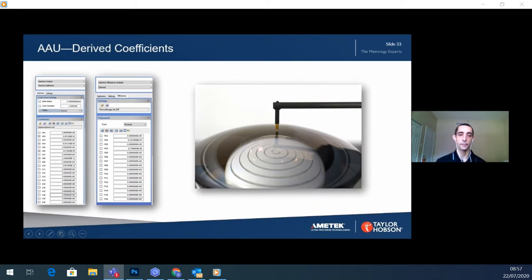And lastly, AEU allows for derived coefficients. As I mentioned earlier, with a PGI system you can always joystick it to where you want to measure, tell it to measure, and it'll capture the data even not knowing anything about the surface. So using derived coefficients, we can measure an optic that we don't know the prescription of, and then we can derive the coefficients